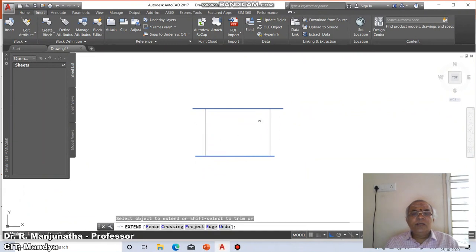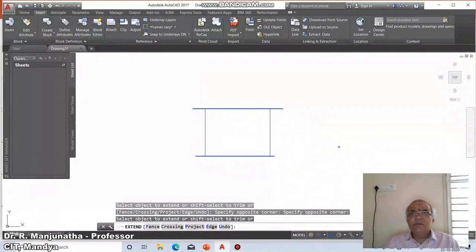So you can see, the crossing means I can extend multiple entities simultaneously. Imagine if you have about 10 lines to be extended, doing it one object at a time becomes too cumbersome and takes more time. So in order to extend multiple entities simultaneously, we can go for a crossing option.